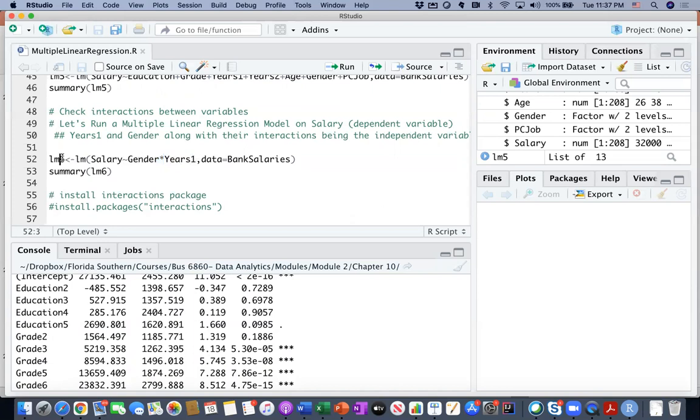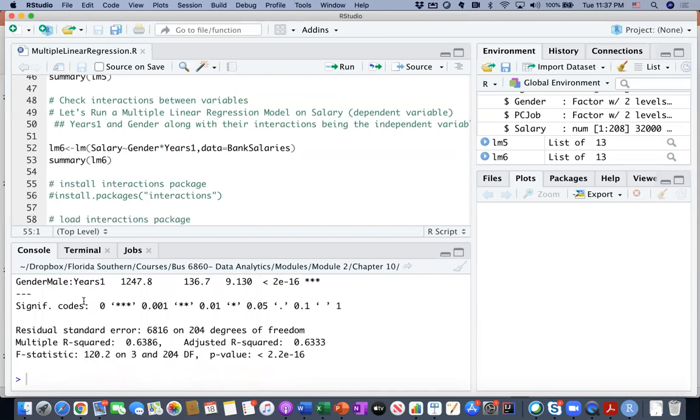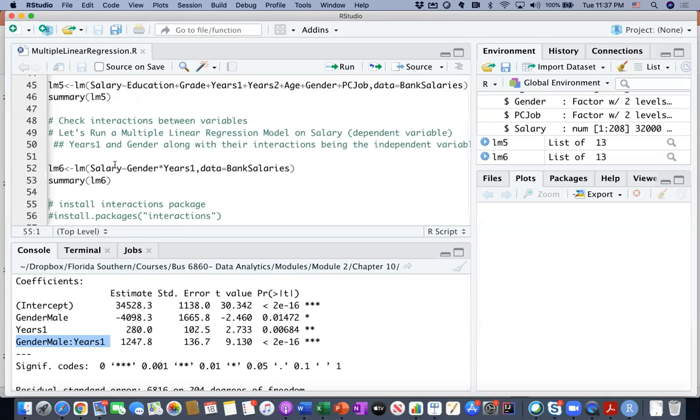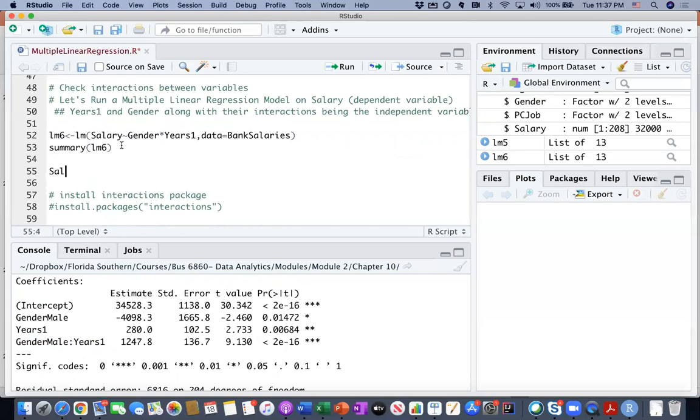Let's go ahead and run this line and run the summary and try to look at the ANOVA table. You see that my salary information is now dependent on my gender male. It is statistically significant, my years 1 information, and this gender male and years 1 interaction. The way that you can convert this into a multiple linear regression function would be this. So you are actually telling that your salary is equal to, let's comment this out first,